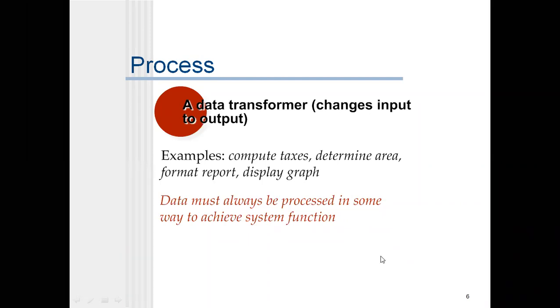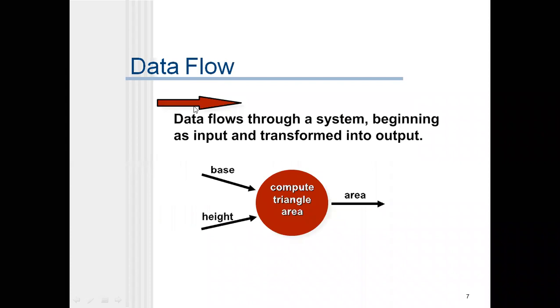And if you see the next slide, data flow. This single-headed arrow symbol is the data flow symbol. It is used to represent the input and output. Here, if you want to calculate the area of a triangle, you should enter some base and height. These two are the inputs, and after that it will calculate by taking base and height.